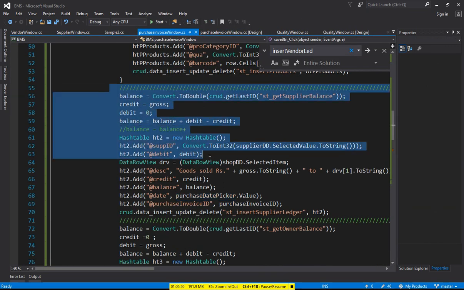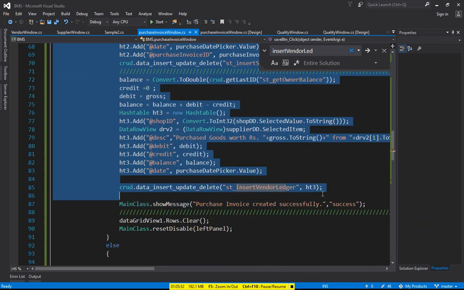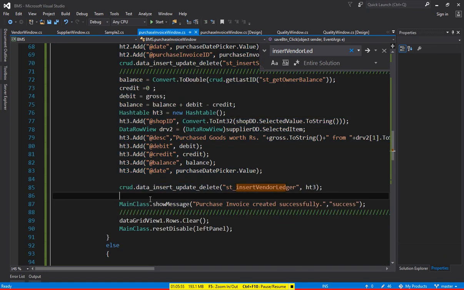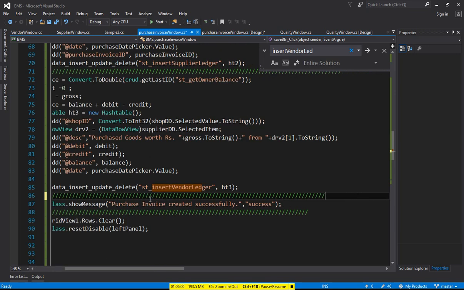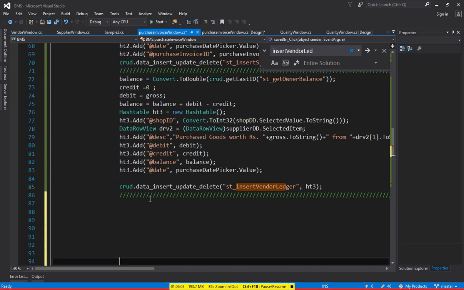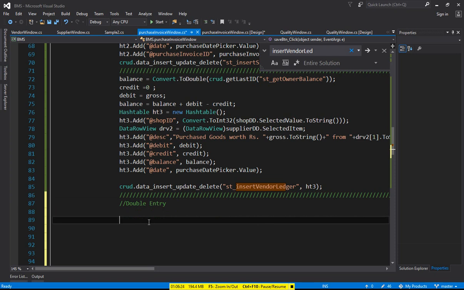So I am copying this all at this particular point here. I have copied this all, and let me make another separation, and then come inside this and write here double entry, okay, and now you have to specify a condition that if the amount is in credit, or if the amount is less than the current,